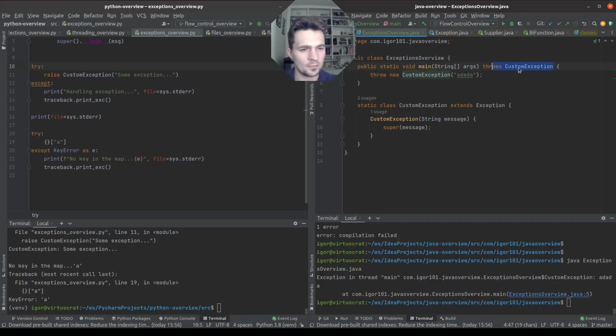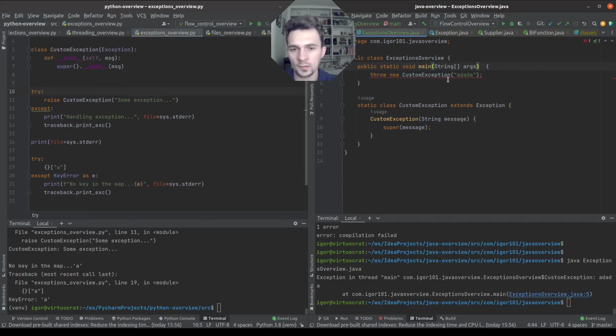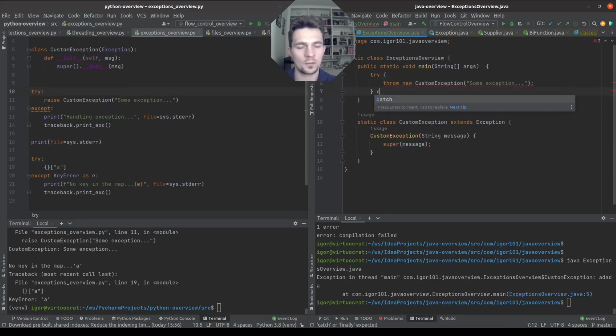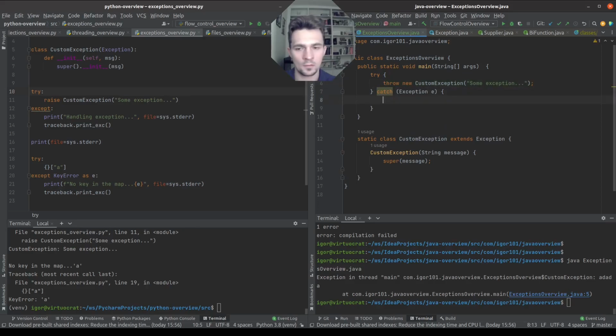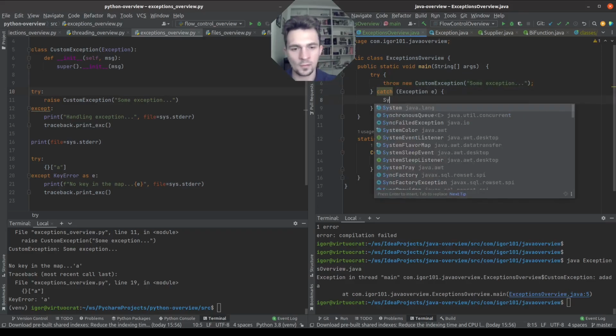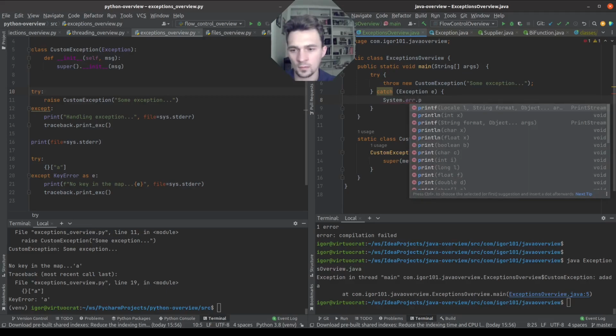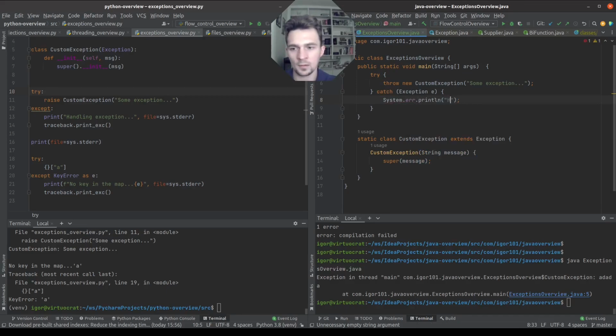Okay, but we don't need that because we will catch it like that. So in Python we have raise, in Java we have throw like that. We are catching it like that. We can say system error print line handling